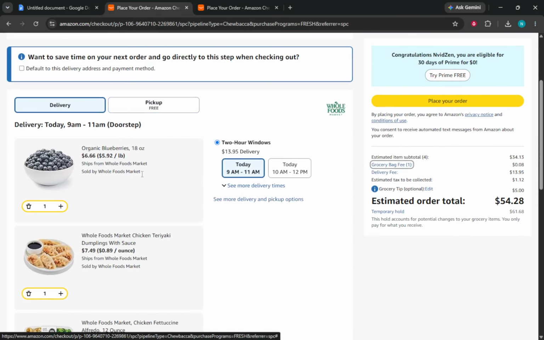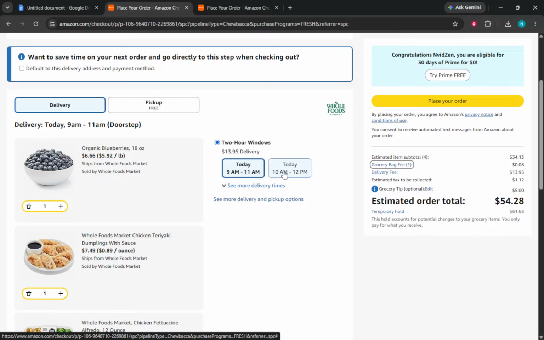Keep in mind that once Amazon starts preparing or shipping your groceries, you may no longer be able to make changes. This is a crucial point to remember. It helps you understand the time frame in which you can adjust your order. If the order can no longer be edited, you may need to cancel it and place a new one. This might seem inconvenient, but it ensures you have the most accurate order delivered.